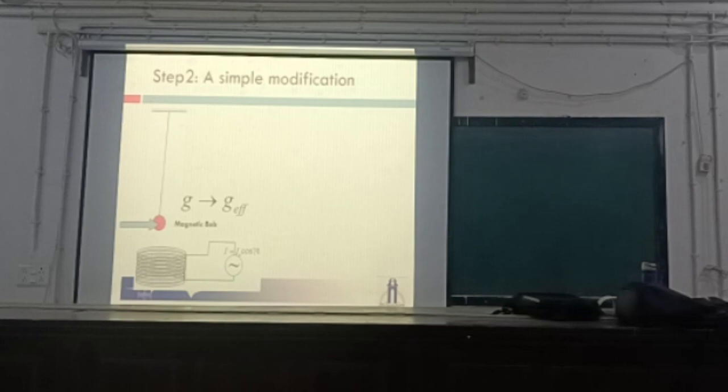Let us consider that the bob of the pendulum is a magnet. Okay? And put a current carrying coil like this, such that the magnetic field will be in this direction. Right? So there is no current flow. So now if you connect